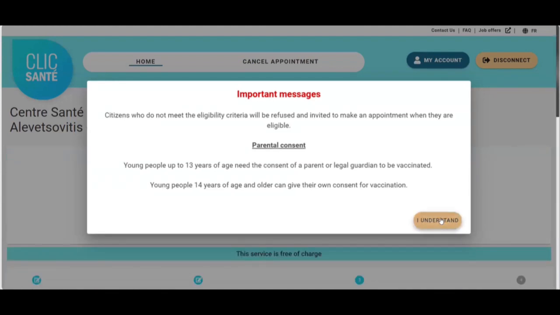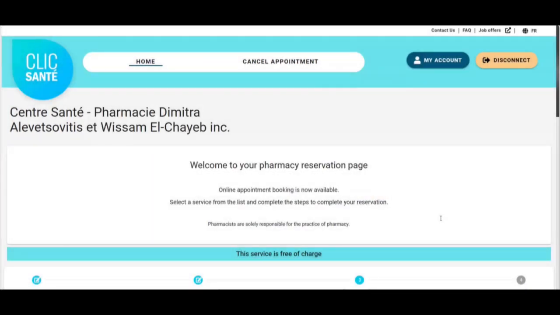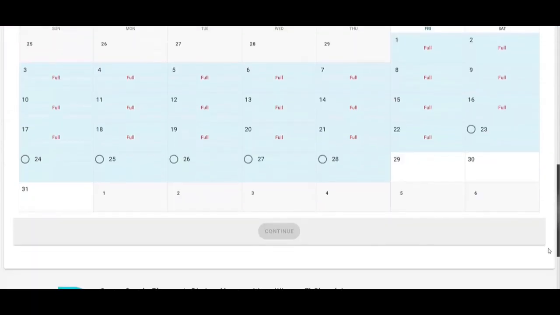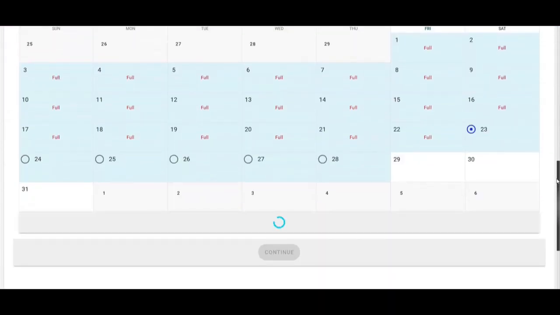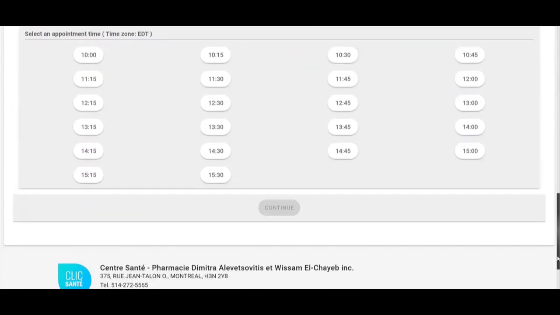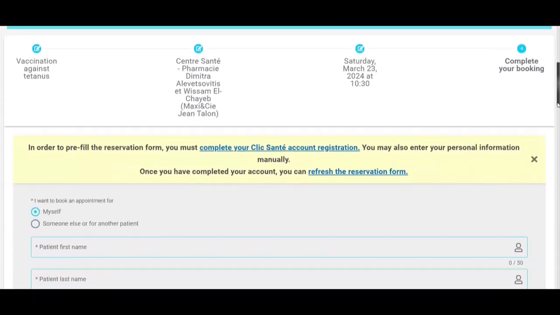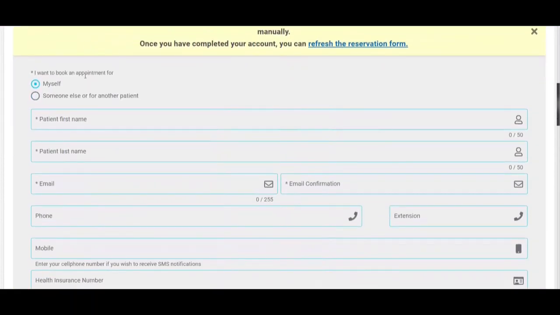It will then bring us to the reservation page where we will pick the date and put in our information to book it. We will first select the appointment date and time and then click Continue. Next, we have the option to either book it for yourself or for another person.